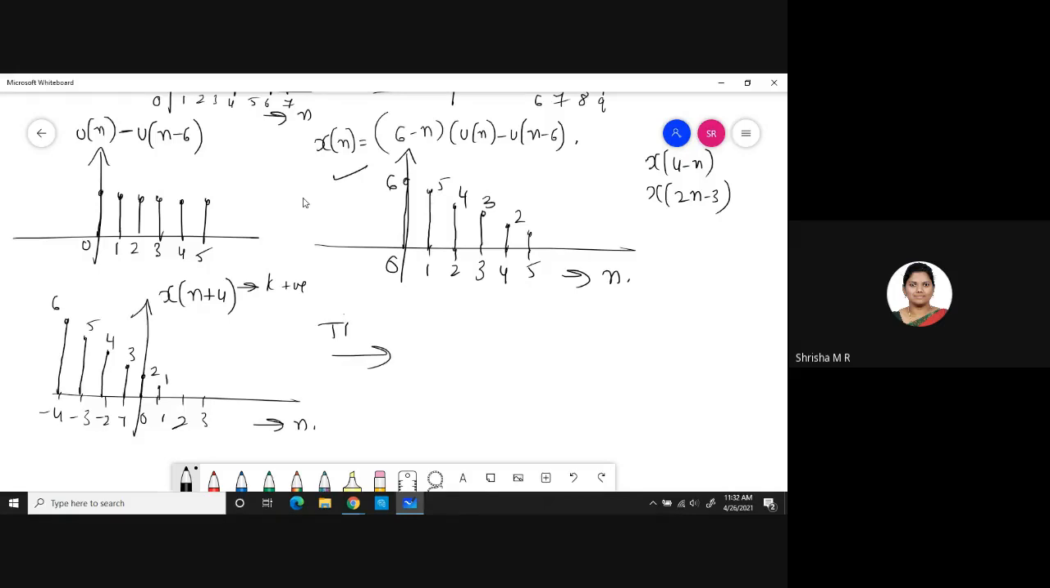Now I'll time reverse this. So I'll get x of